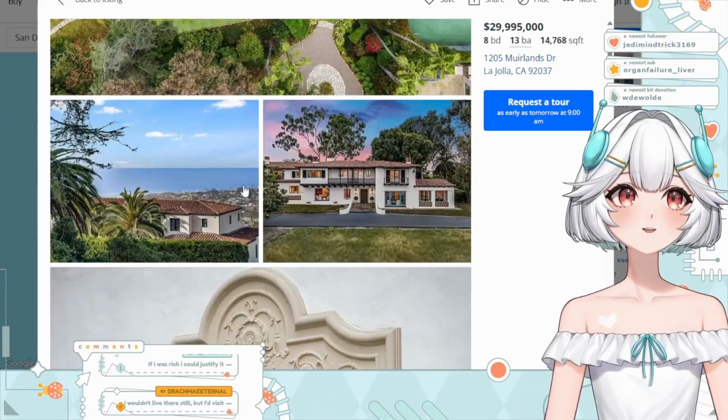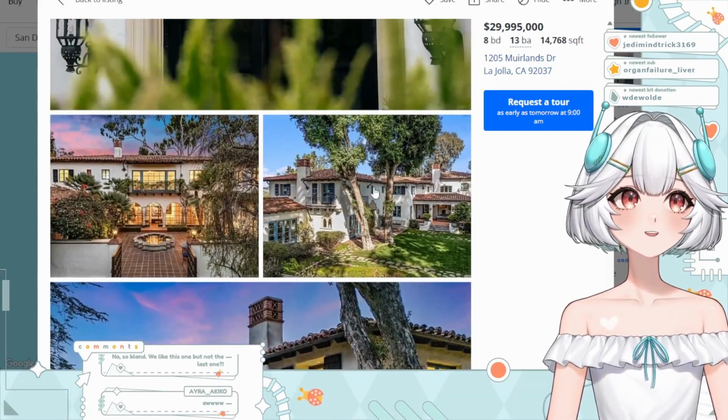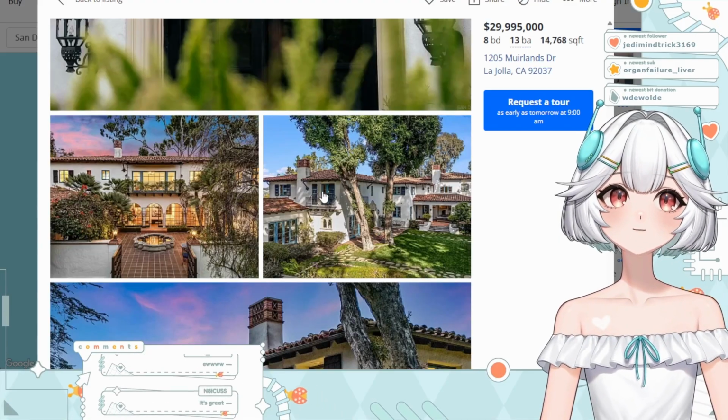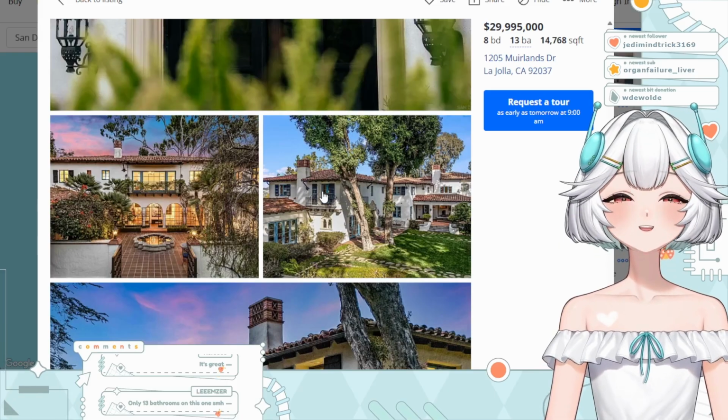Guys, look at the freaking roof line. Look at the crime against nature that is this roof line. Ew! Okay, so, when you look at fancy houses in other places,